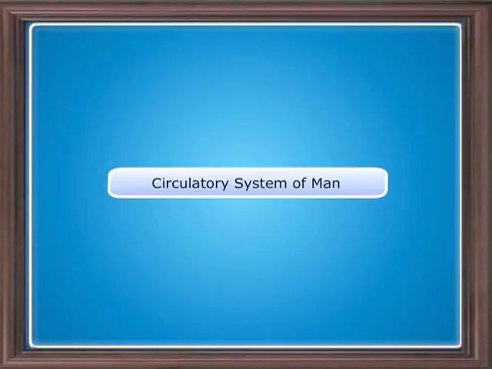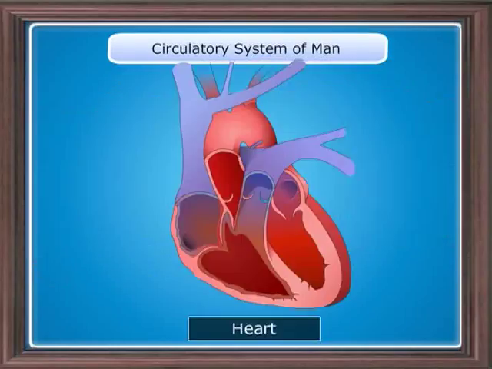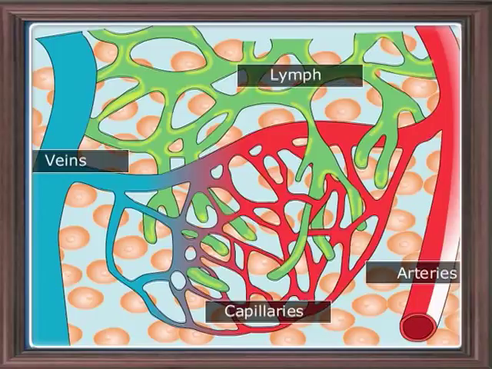The transport system in man is the most evolved. In man, like aves, the heart is a four-chambered pulmonary heart. The circulation is double circulation and hence the heart is termed as double circuit heart. The circulatory system of man has mainly 5 constituents: blood, heart, blood vessels, that is arteries and veins, capillaries and lymph.